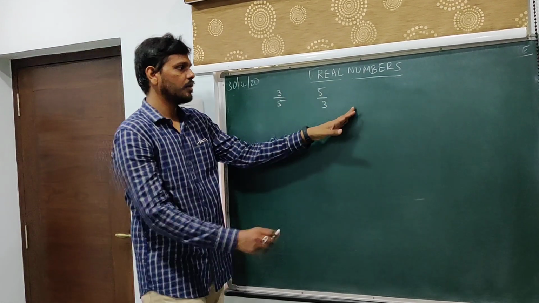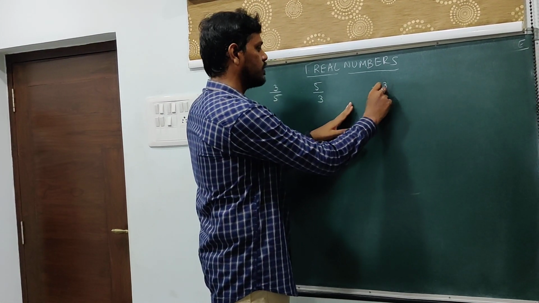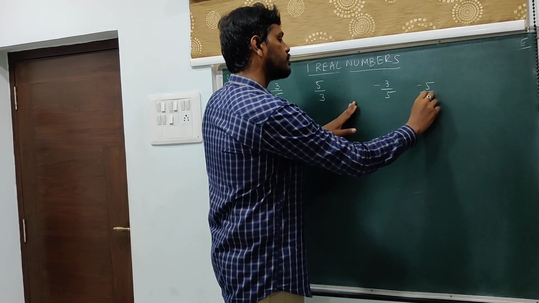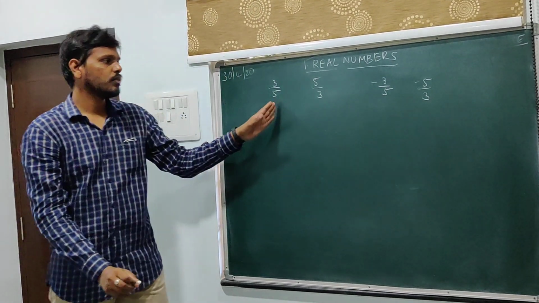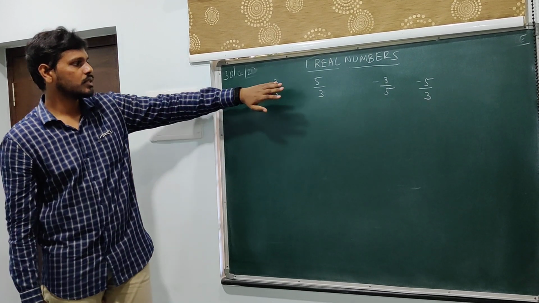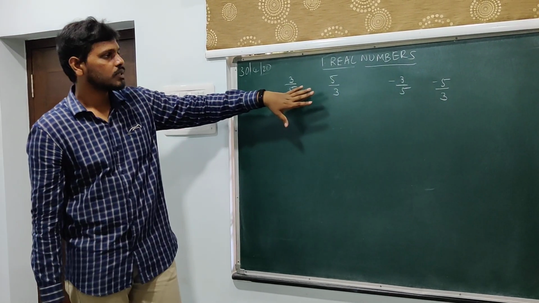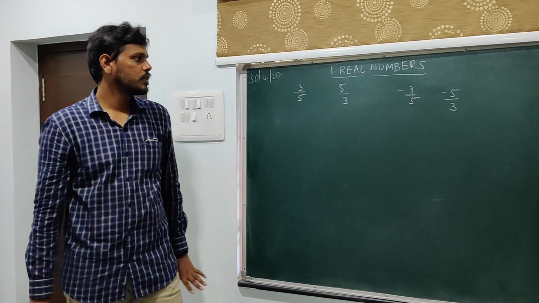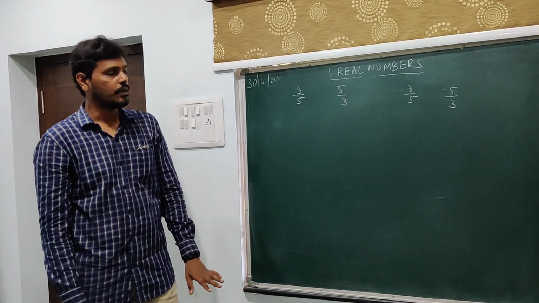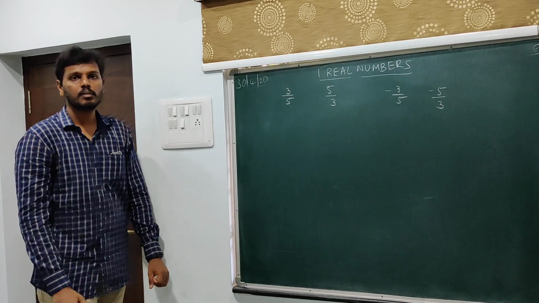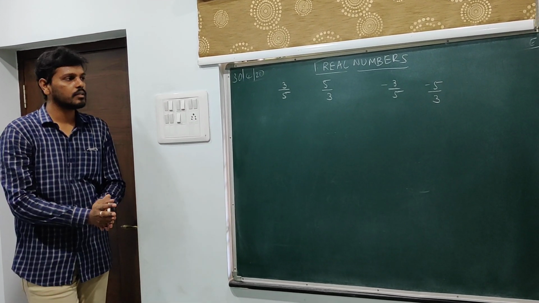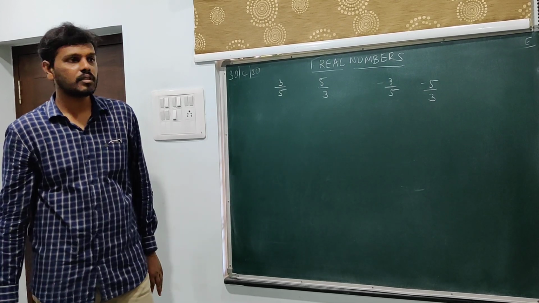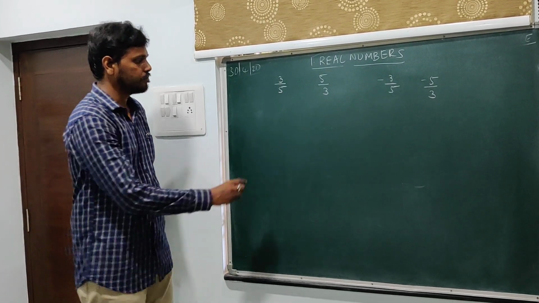Now we try to learn how to represent these kinds of rational numbers on a number line. Of course, there can be other cases as well using negative numbers. If you disregard the signs, then the case will be just similar to this. So first we discuss a positive case, then we discuss how to apply the same to the negative case. Now I am going with a number called 3 by 5. Representing rational numbers on the number line, we have two methods. At the outset I will be discussing one method, followed by the other method later. So 3 by 5.